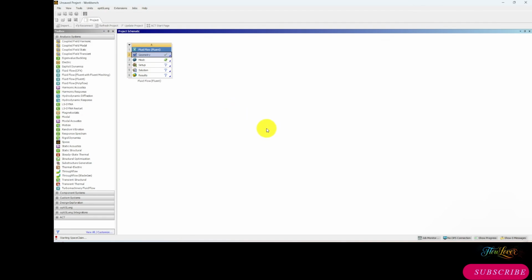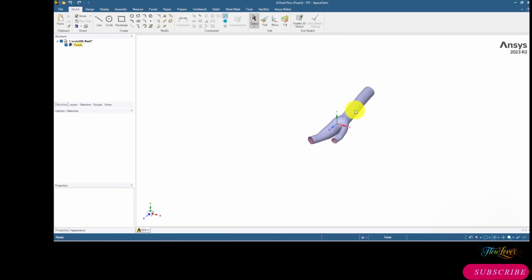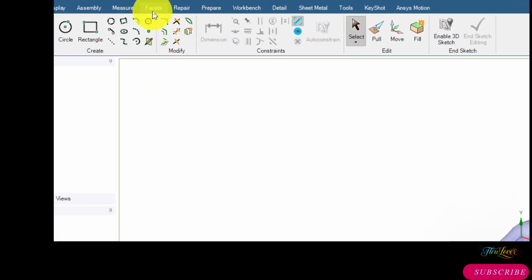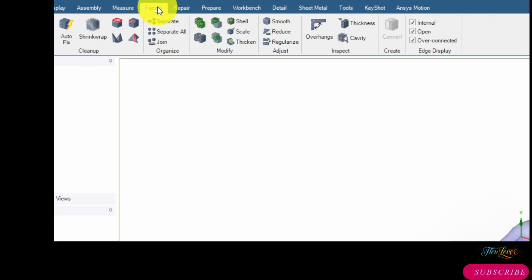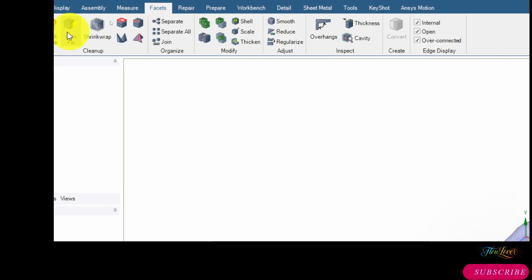It's always important to prepare the geometry before doing a mesh. For example, when we have a complex geometry or when we have a sharp corner, we always have to smooth or regularize them. So from the autofix here,